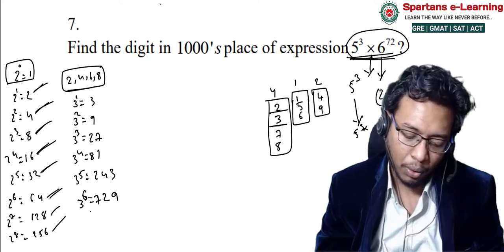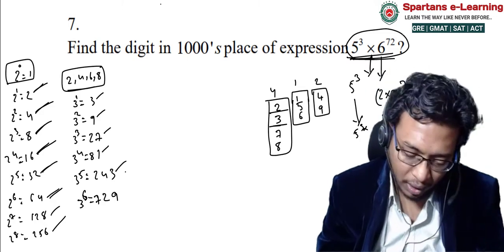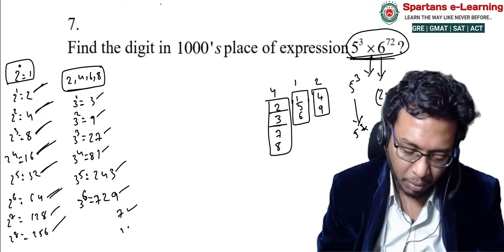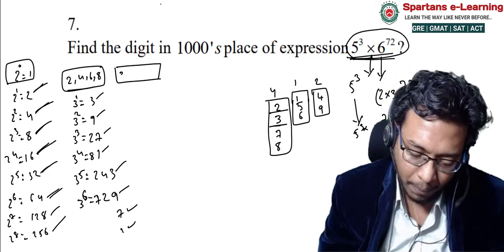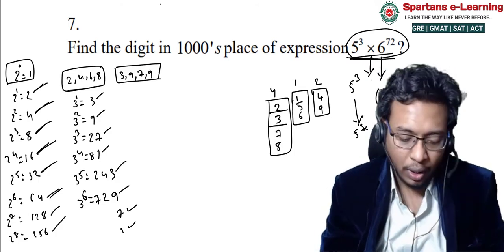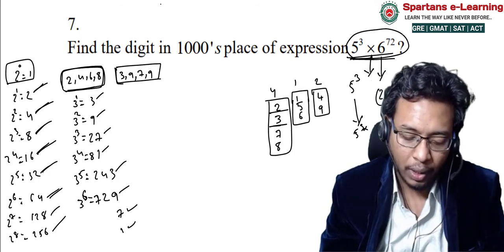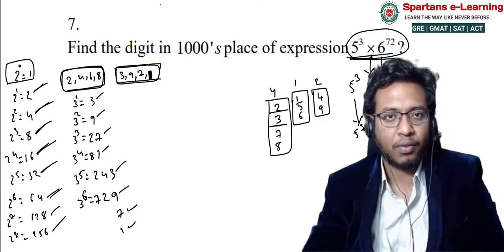729. Now if you see here 3, 9, 7, 1, right? Again here 3, 9, next will be 7, next will be 1. That means again for 3 you are getting 3971. Actually you need not memorize all these values, okay? I'll tell you a shortcut here. 3971, this is the cyclicity for 3.